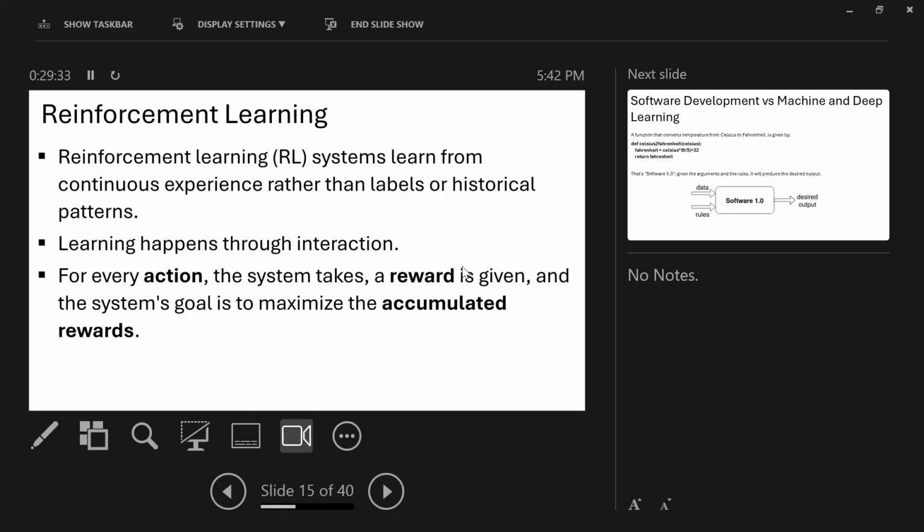One real life example of reinforcement learning, also called trial and error learning: maybe you have a child, a 7-year-old or 8-year-old in school, and he comes first position in his class.